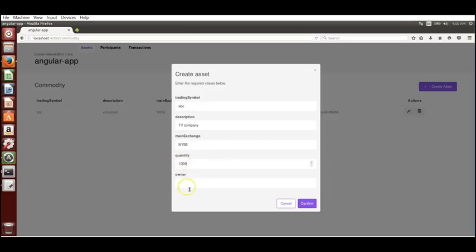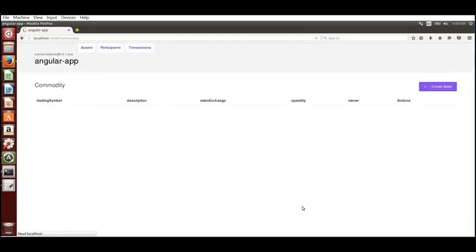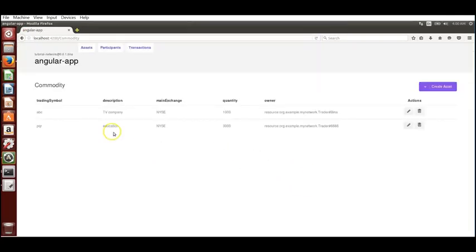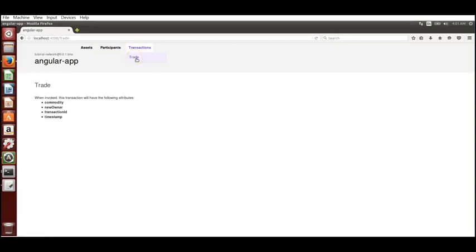You can see the Angular app provided a very nice interface for you to create it, and then it'll show up there instantly. There you go. That's your ABC. And the participants, you can see trader, and we have 3 of them, including Lola, that we created. And transactions, I know we did the transaction trade. There's no interface created, but in case you want to do it, you can do it.